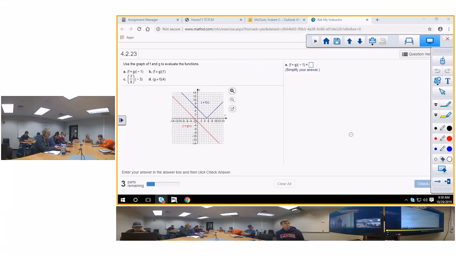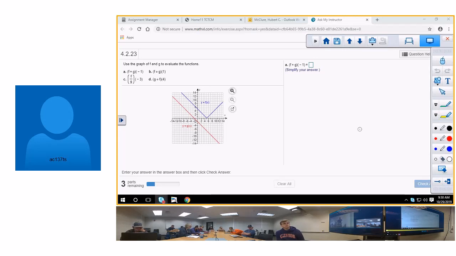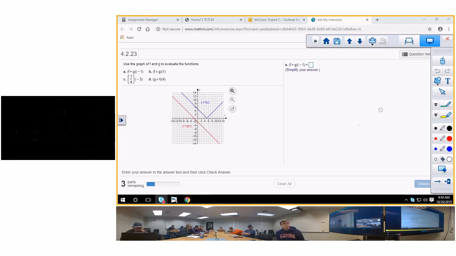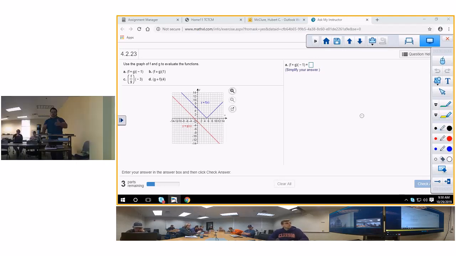This is a test question because it's asking you to do a couple of things and it kind of wraps up all of 4.1 and 4.2. First of all, f plus g. Now you can do it two different ways. When you've got f of x, you got